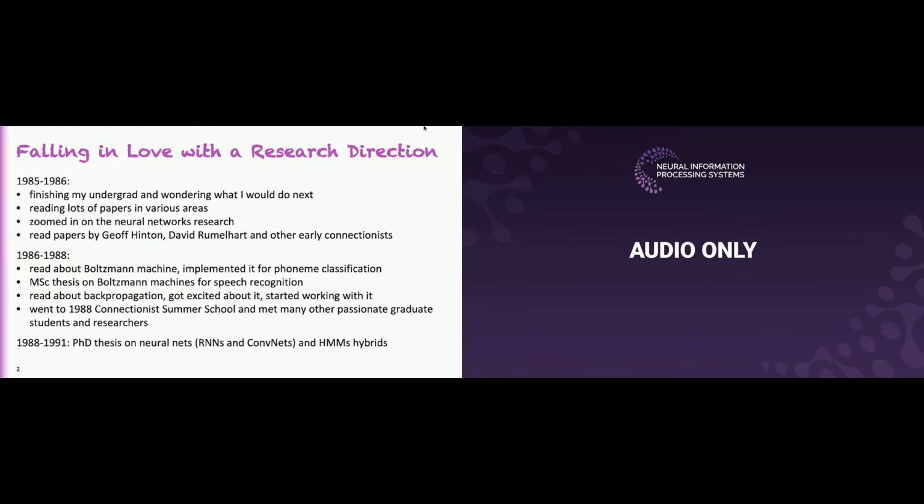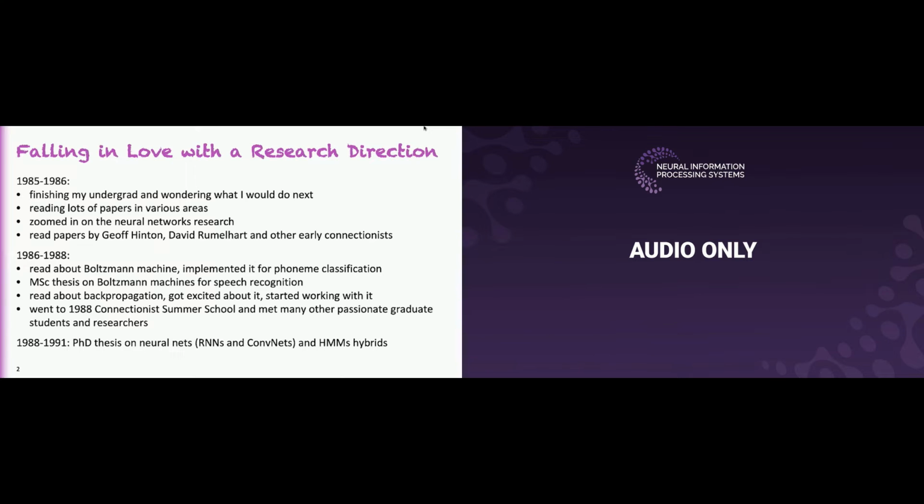But my master's, starting in '86, was about Boltzmann machines, which were just a new thing invented by Jeff Hinton and collaborators. And I played with it. I made it learn to classify phonemes. And then I got to know about the backprop that came out slightly after Boltzmann machines. I got excited, started working with that, and that was the heart of what I did during my PhD thesis